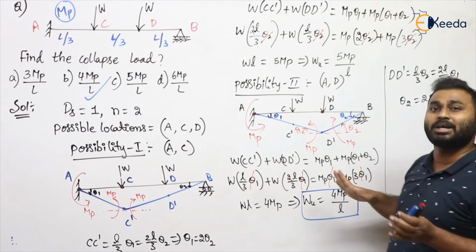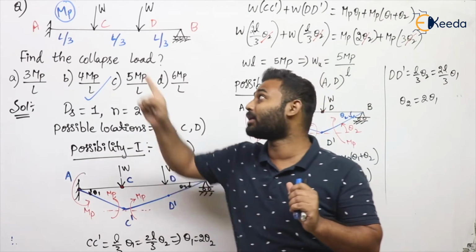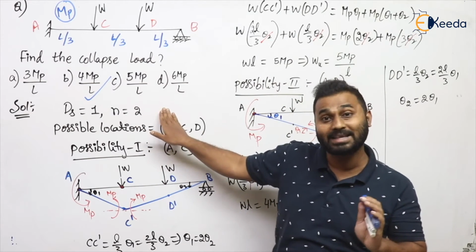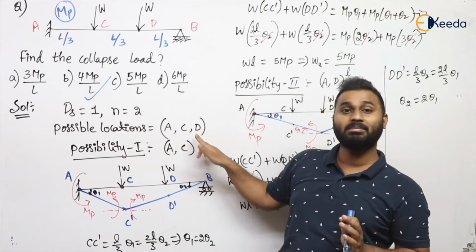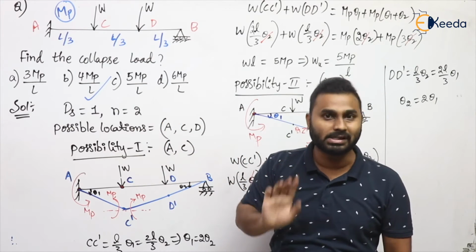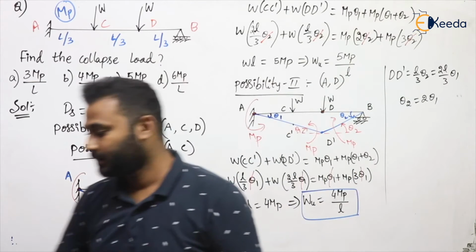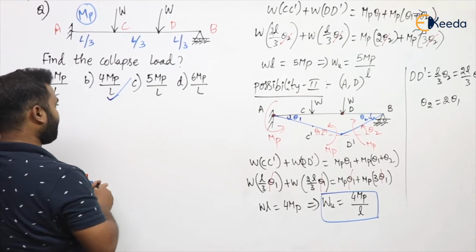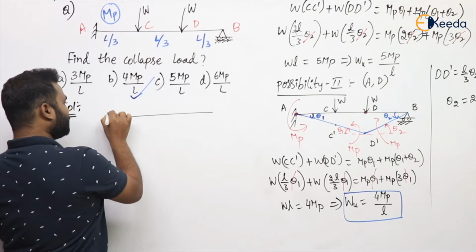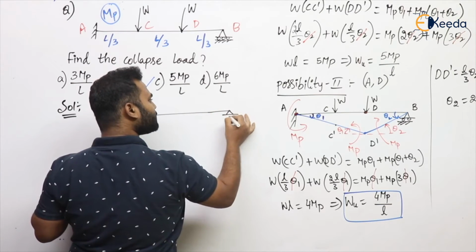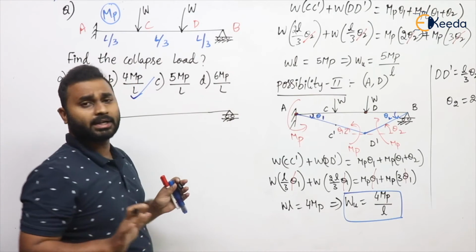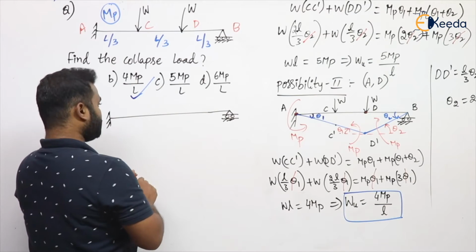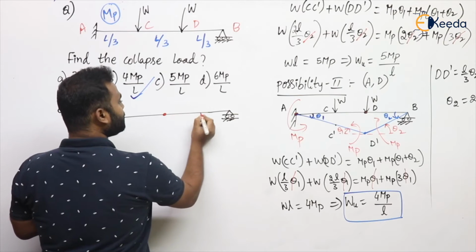Now in this question itself I will explain why all the time we assume a hinge will form at the fixed end. If you eliminate the possibility of formation of a plastic hinge at the fixed end, then we are left with C and D, meaning under the point loads. In that case, we will see what the collapse load is, and compare it with these two cases. Here we are assuming plastic hinges at C and D, not at the fixed end. Then we will see what the scenario will be. Not only for this case, whatever we are discussing is valid for all cases in which a fixed end is present.